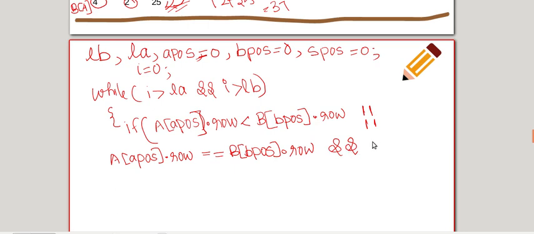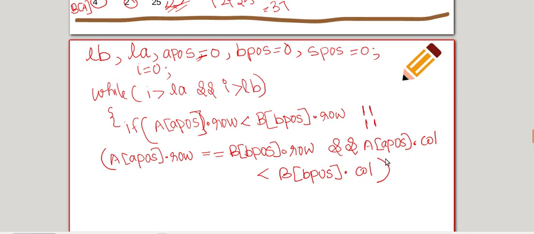If it is equal I will have to check the column. A of A pos dot column, I need to copy means it should be less than B of B pos dot column.